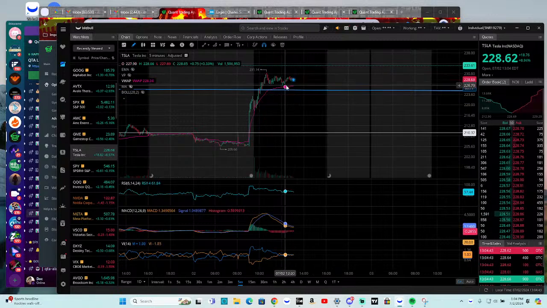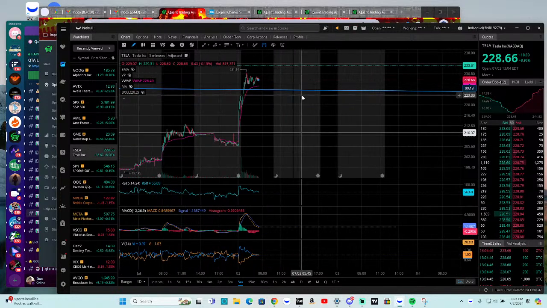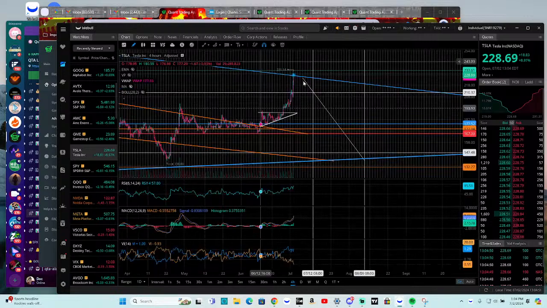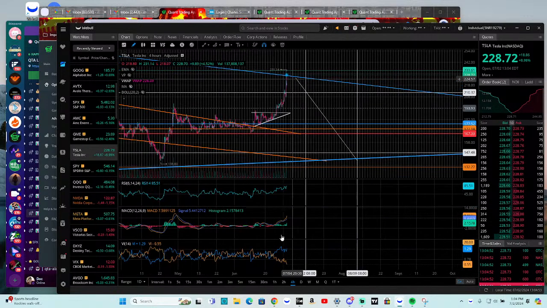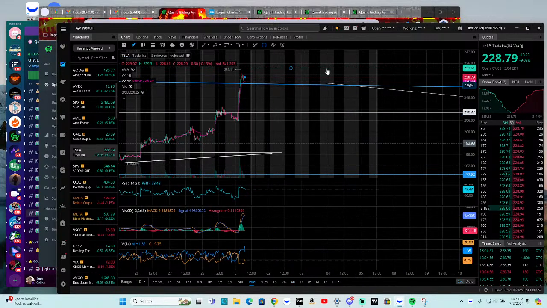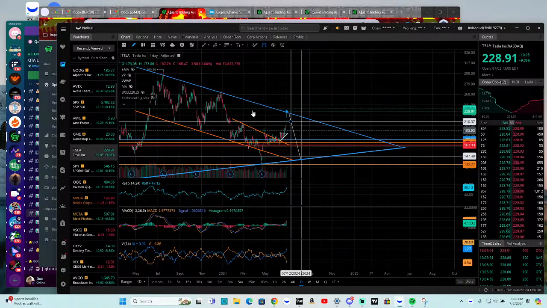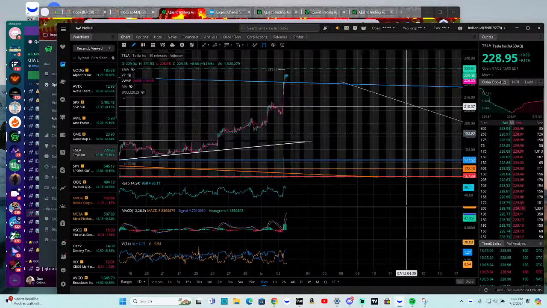We have a nice support of the VWAP, but we haven't even really tested it yet. We have a nice support of that symmetrical triangle that we just broke, barely over it. And on the high side, we have that 233 technical area that we went back and we saw from here. And then on the quant chart,